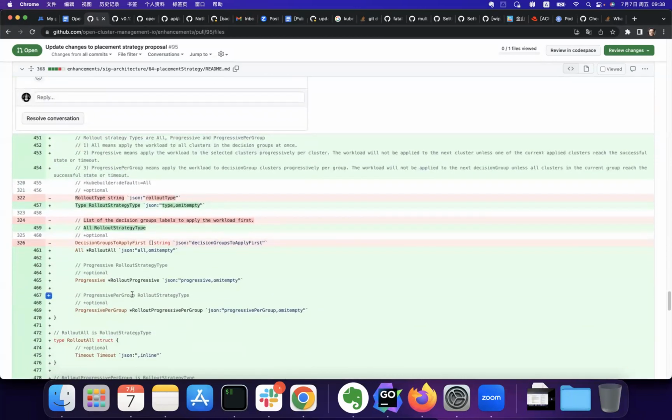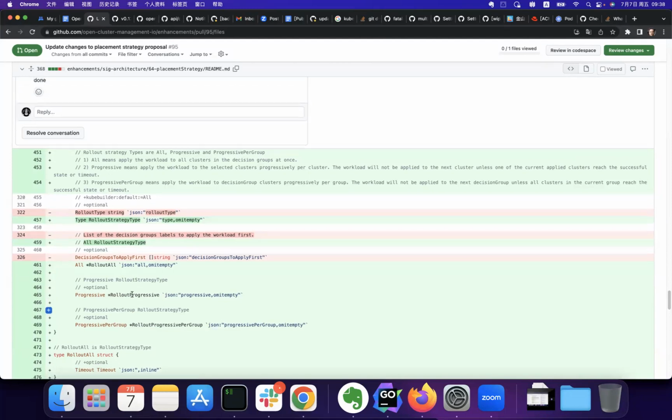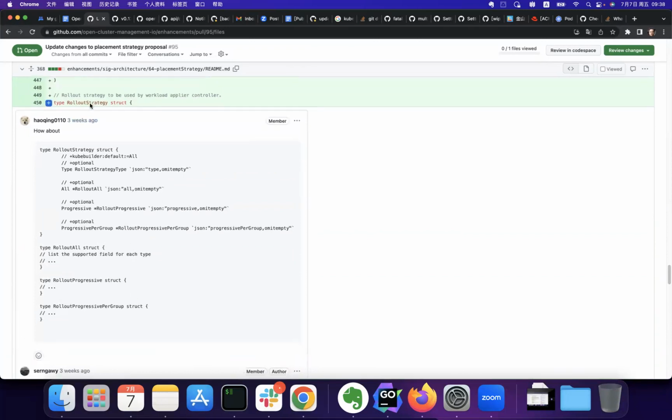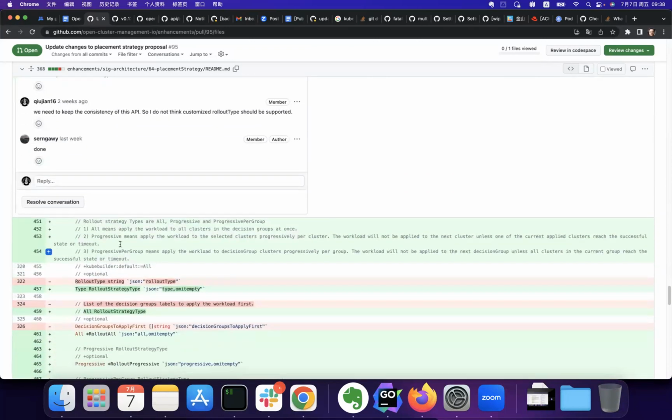Okay, here is the rollout strategy API. This part is not in a certain API spec. It looks like a dark type, but it can be injected into the cluster management API, the cluster management add-on API, the policy API, or the manifest for replica set API. It is called rollout strategy, and in the rollout strategy, you can